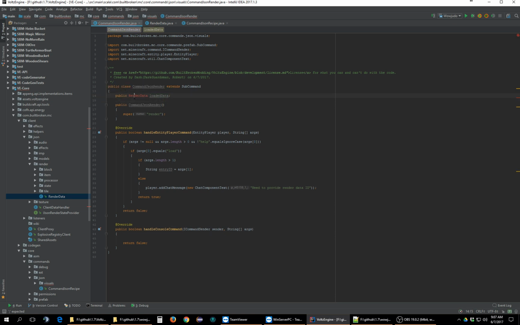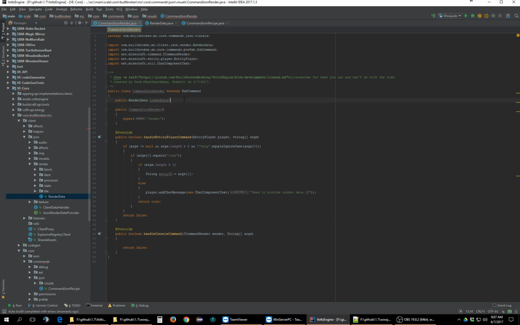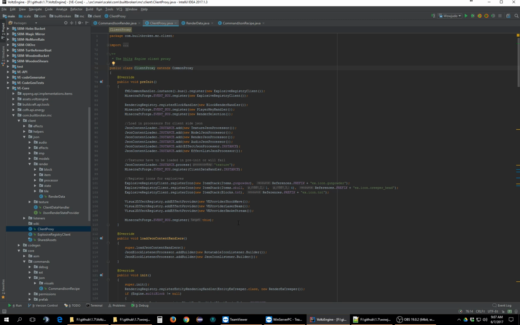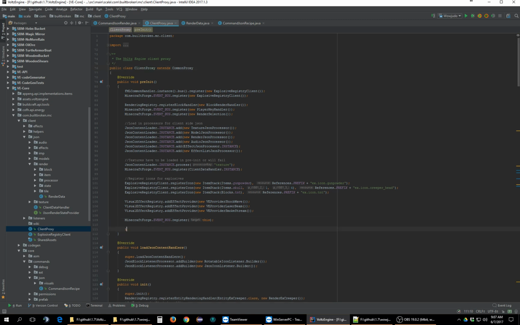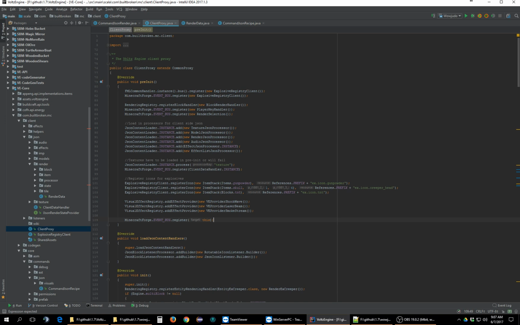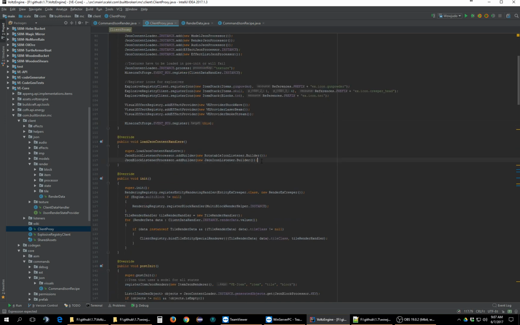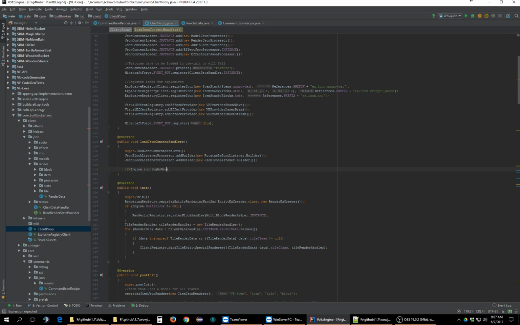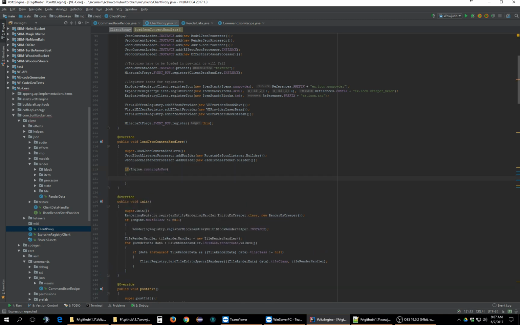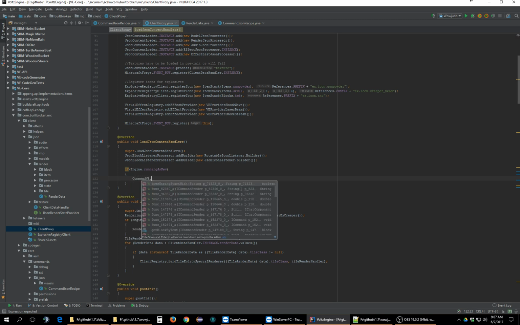Now I know these commands will not load server side, so we probably should do some kind of system to guarantee these things don't load. The easiest thing I can think of is going into client proxy here, and then going, actually you want to do this a little later into the system. Go right here, if engine.running as dev, then you want to go, what is it, volts engine, no, it's command VE dot,